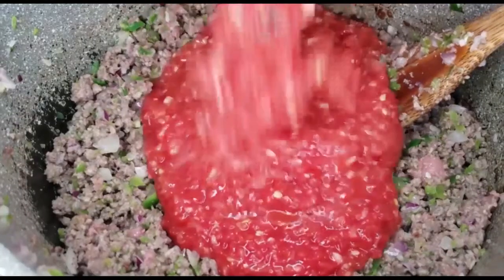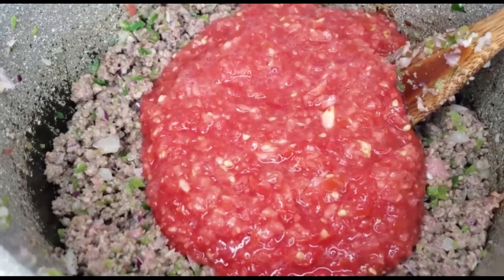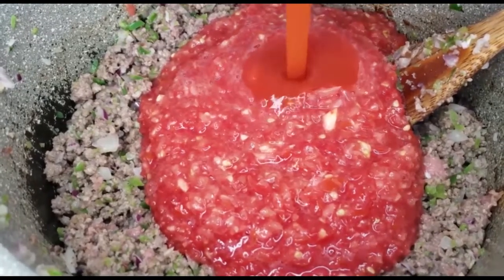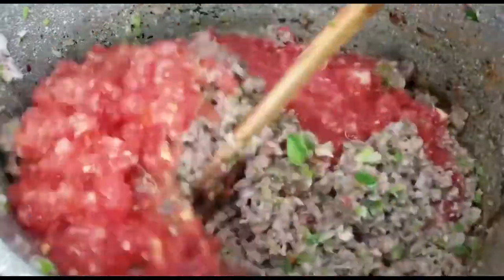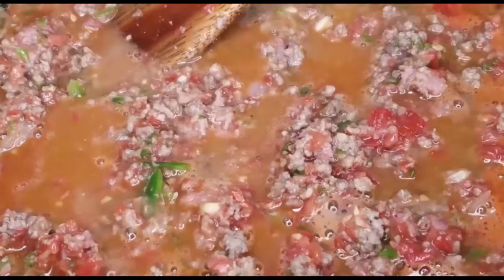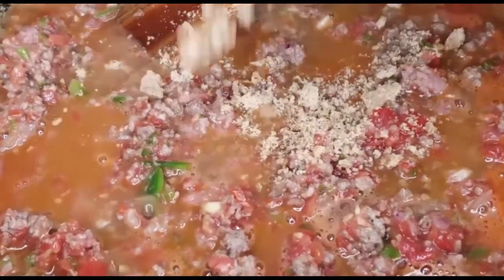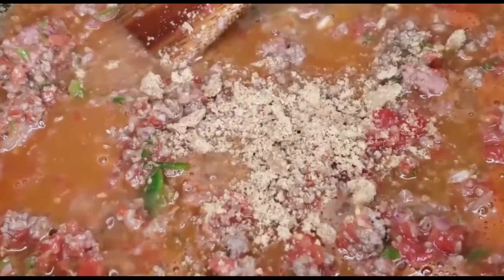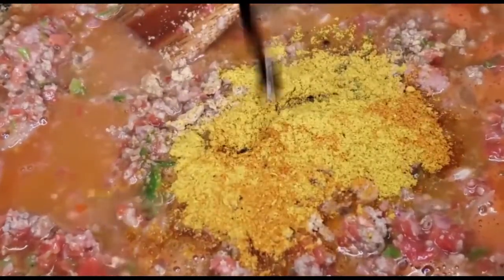So we're just going to add in our tomatoes and the tomato paste. Then mix everything together, and then we'll season this with some Royco cubes, some beef masala, and other people put in Italian spices, but I didn't really have them, so I used what I could get. But trust me, it was bomb. So I put in a tablespoon of black soy sauce, mixed everything together and let it simmer on low heat